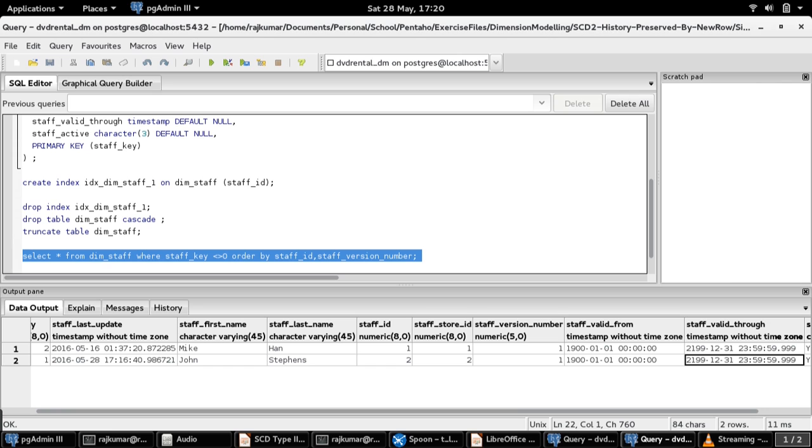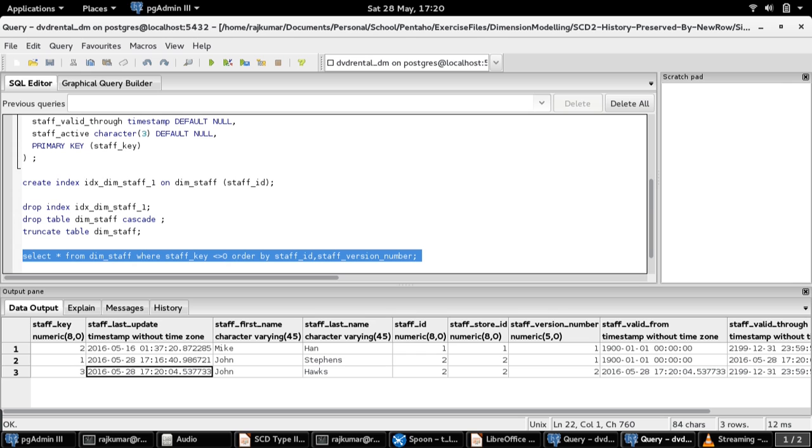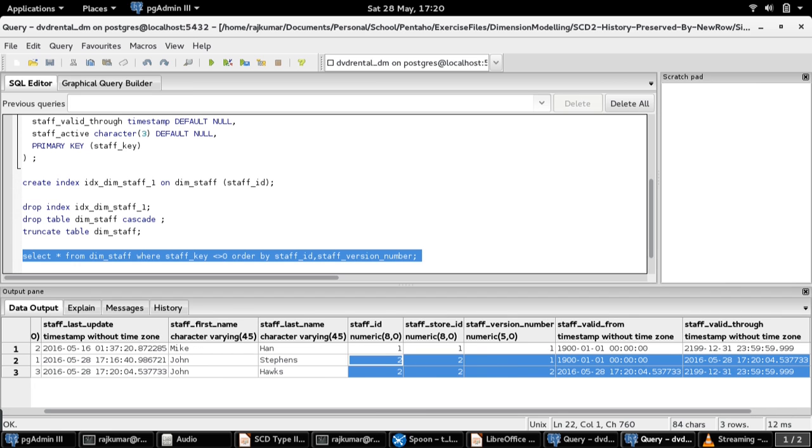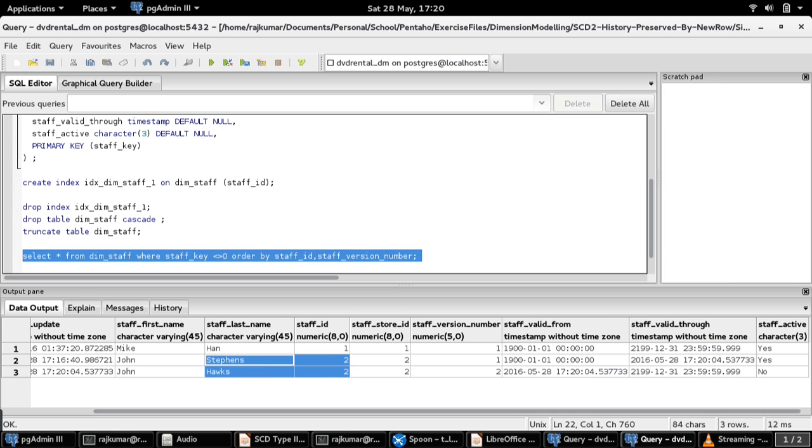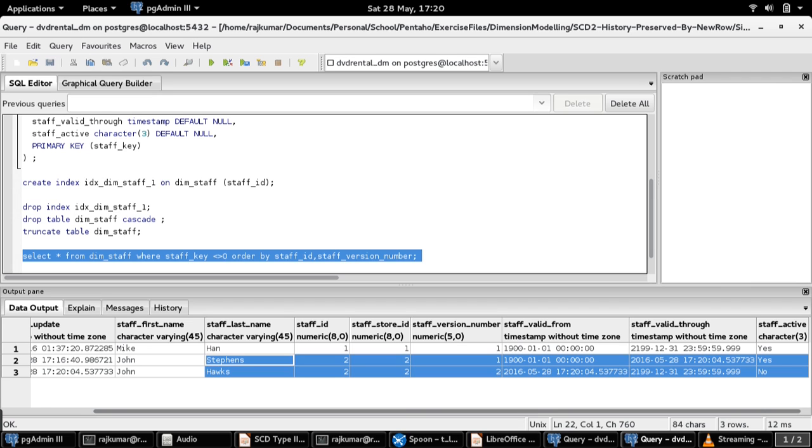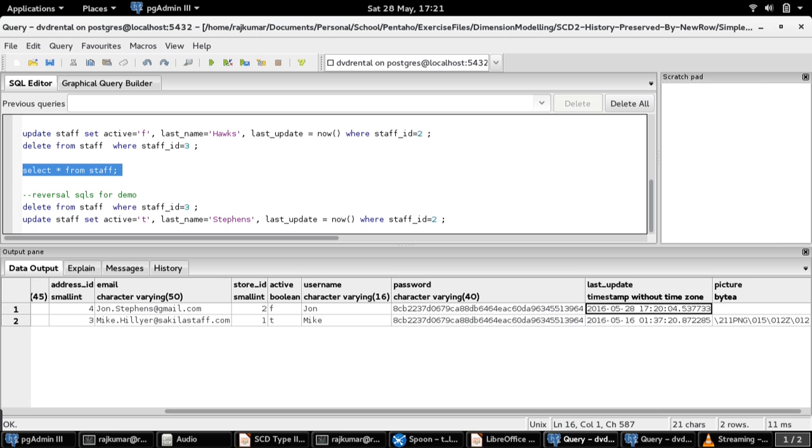Okay, the transformation is completed now. Let's select the records from the dimension table, and now you can see an additional record which we have changed in the source table has been processed into our dimension table. The interesting point to be noted is this particular new record which has been inserted now is marked with the version number 2 because this is the second time this record has been changed from the data warehouse perspective. First change is nothing but the insertion of the record, the next change is updation of this record. And the other important point to be noted is the effective till, or the staff valid through timestamp, has been updated to the timestamp at which this operation has been performed at the source. If you compare the staff valid through timestamp at the target